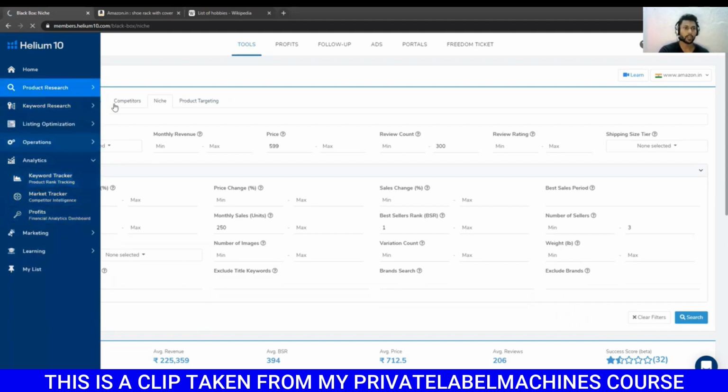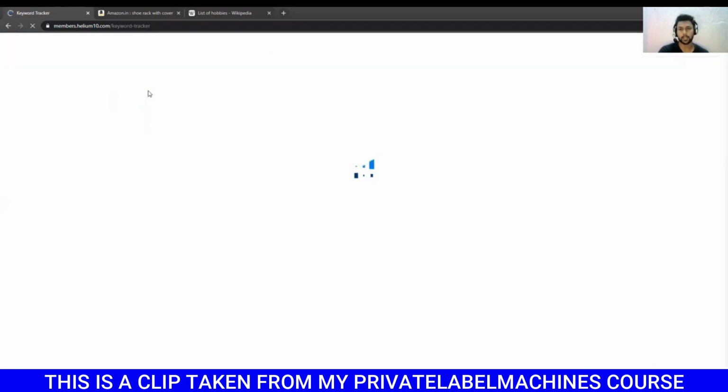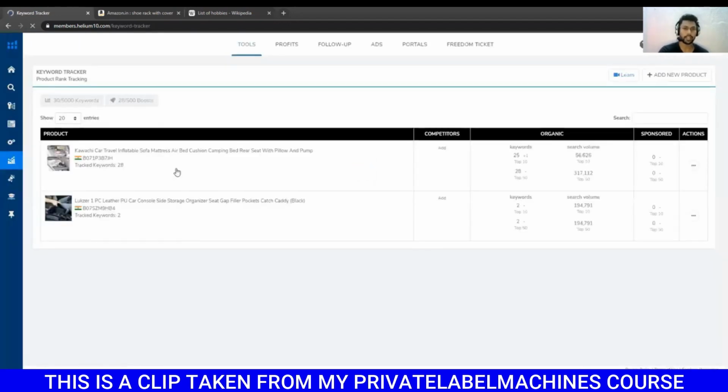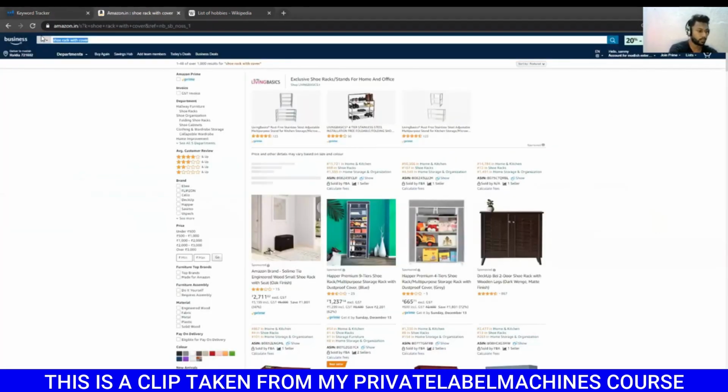This is the keyword tracker. Now, what this keyword tracker does is, suppose your product is a car seat mattress. I have tracked this product for a few days because we have used it in our selections also. In this product I saw that there is a sales rank fluctuation. The BSR was very high around April and October. Now I obviously wanted to know why the BSR is so high, because in that period the sales were also very low. Let me show you the product, then we can actually do that.